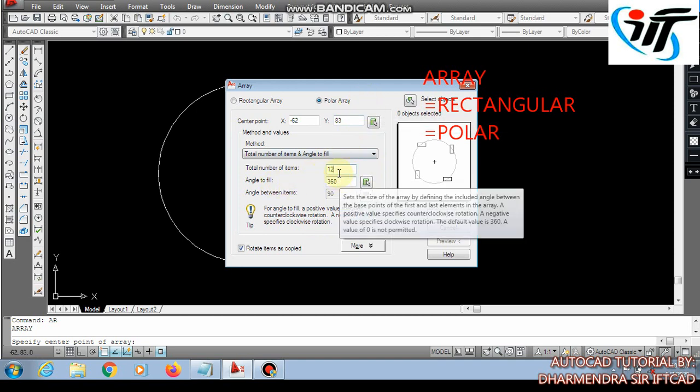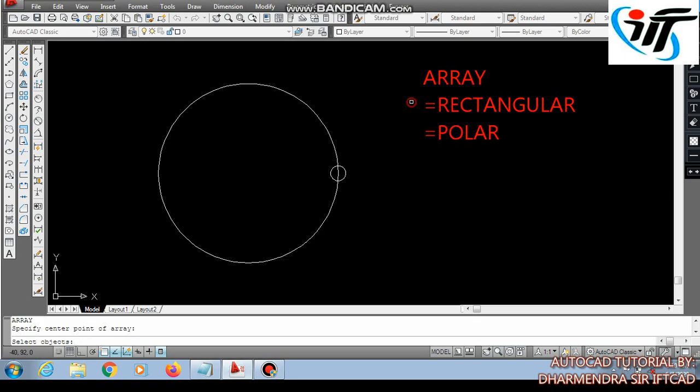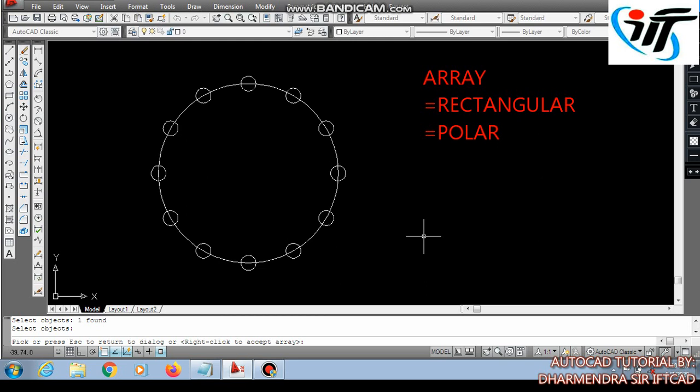Angle to fill: I want to rotate all around the circle, so I will choose 360 degree. Now I am selecting the smaller circle. Okay, now check the preview. Here it is. This way it has formed a circular array. That means it has copied the smaller circle on the path of the bigger circle.